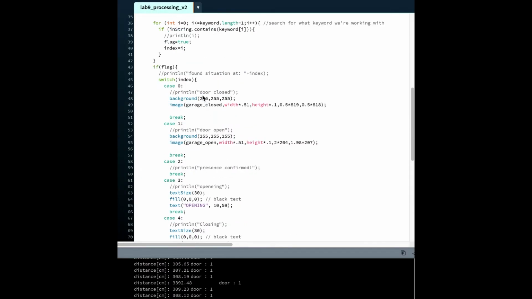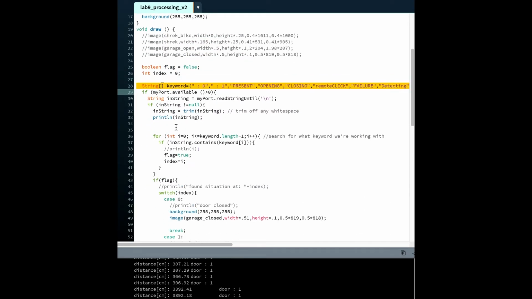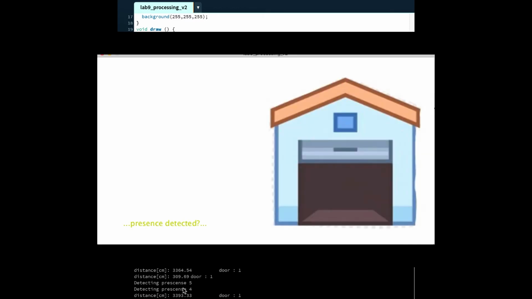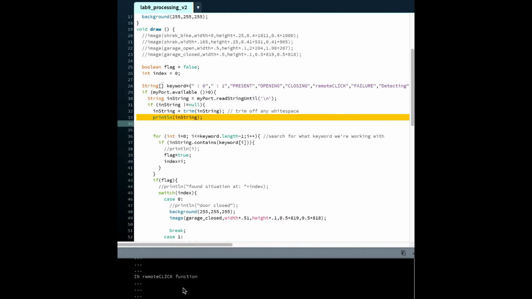Processing code is as follows. The premise is that we have keywords coming into the serial stream down here. And this is the serial stream being printed as is from Arduino. There's different things that can happen. Like if I go in front of the sensor, then presence is detected. If I trigger the sensor, then I get other notifications. And if there's a failure,